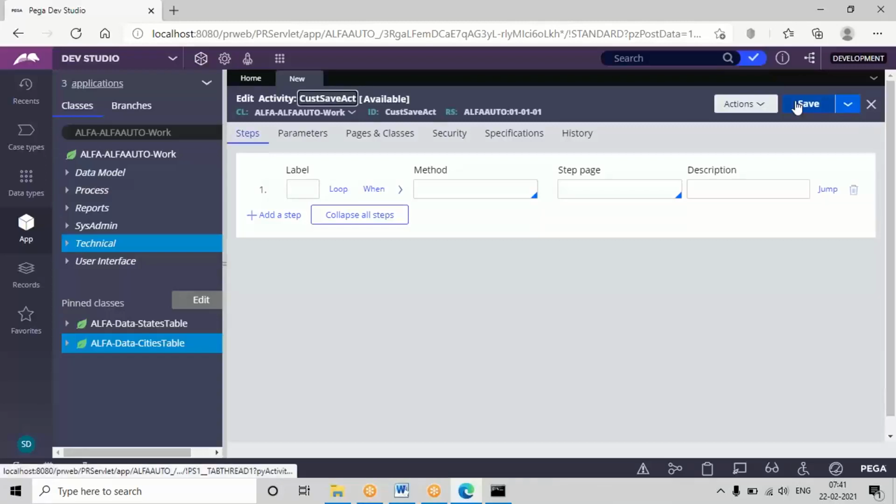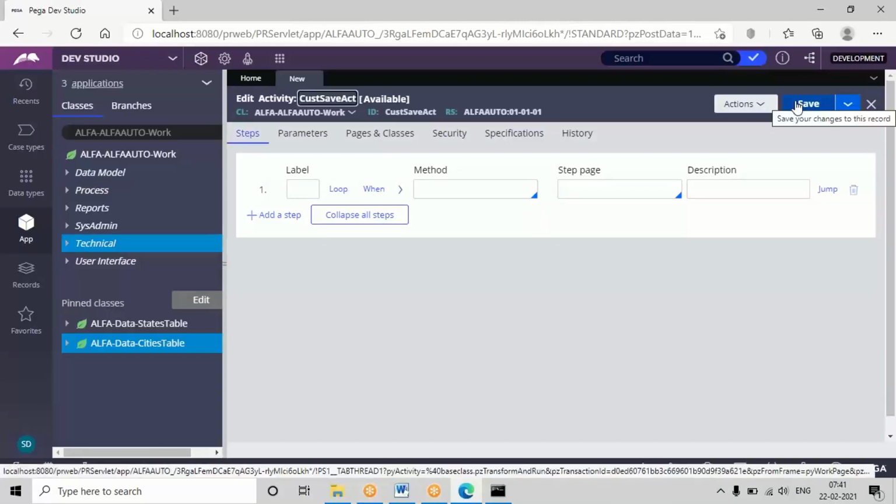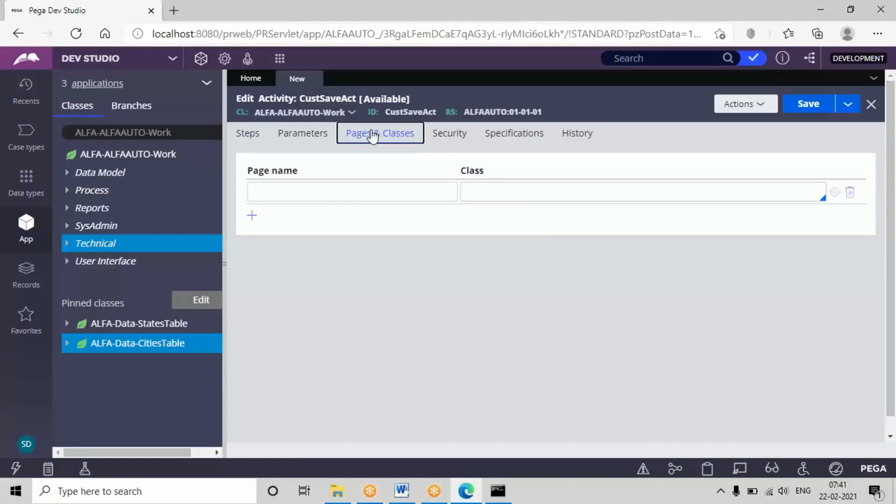See, in this we need to define pages and classes because we are mapping the records to the table, right? In pages and classes, whenever we use the property set method, compulsorily, to which table we are mapping records, we need to define the table name.